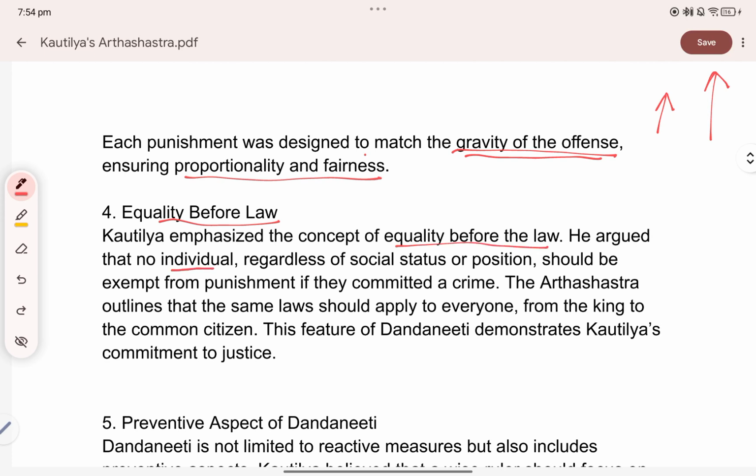There is no individual, regardless of social status or position, that should be exempted from punishment. If they commit a crime, the Arthashastra outlines that the same law should apply to everyone, from the king, even the king, to the common citizen. This feature of Dandaniti demonstrates Kautilya's commitment to justice. Very important point, that he maintained equality before law. Now,